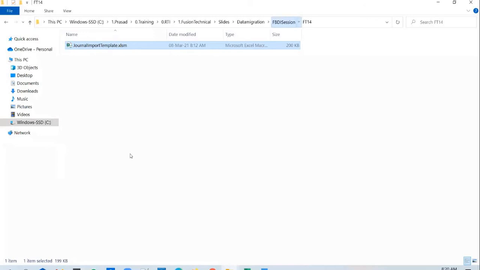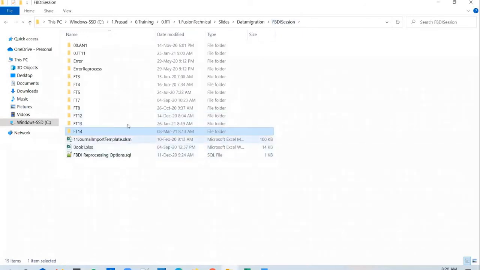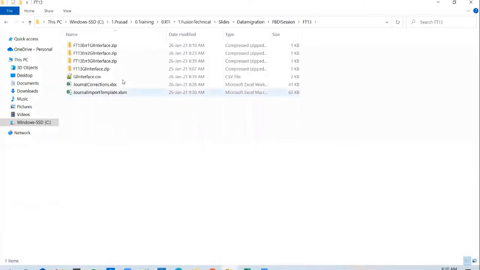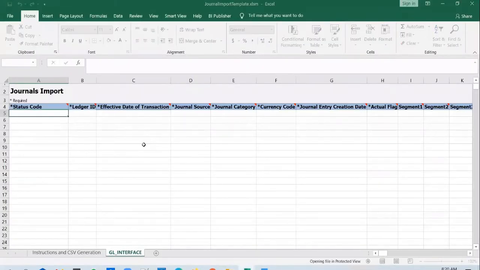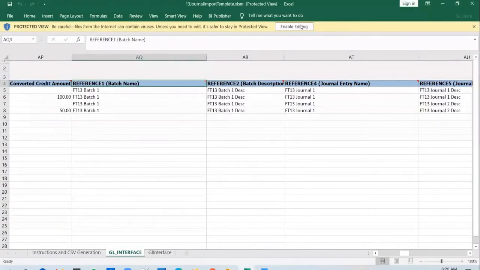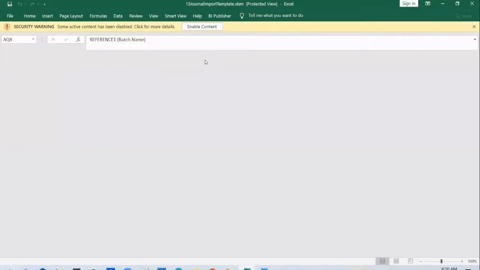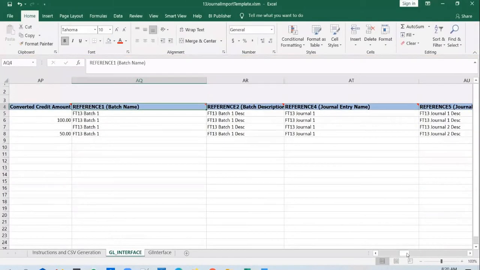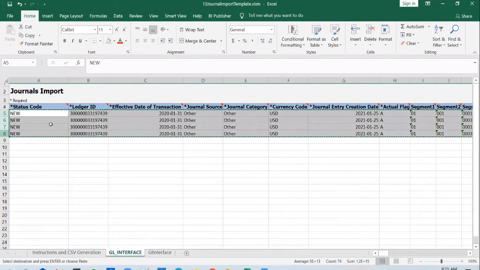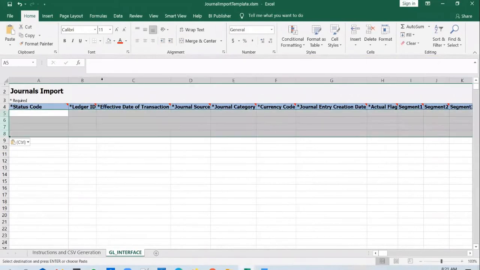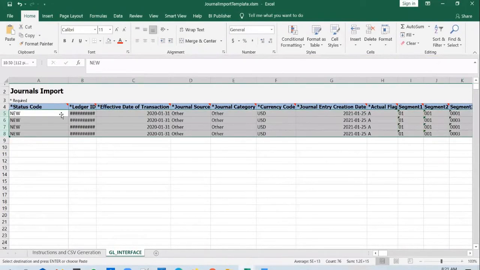And let me pick up the data from a sample template. Okay, I've copied data for a couple of journals from the previous batch.